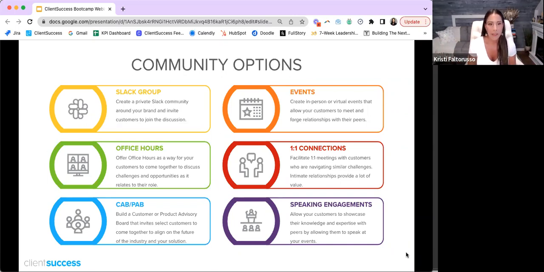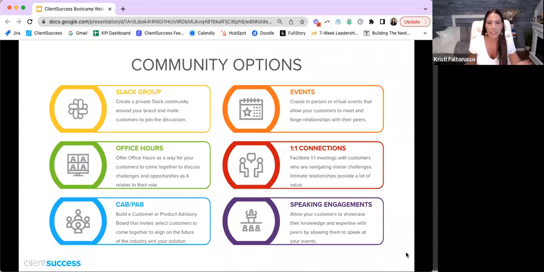But it is possible to just help your customers meet one other person, right? One person who is navigating the same challenges that they are, one person who's overcome a challenge that they're trying to overcome today, right? So understand who your customers are and what conversations will serve them well. Maybe try to figure out what personalities will vibe well together as well, but facilitate one-on-one conversations, right? Think about that. That is a very low level effort thing you can do.